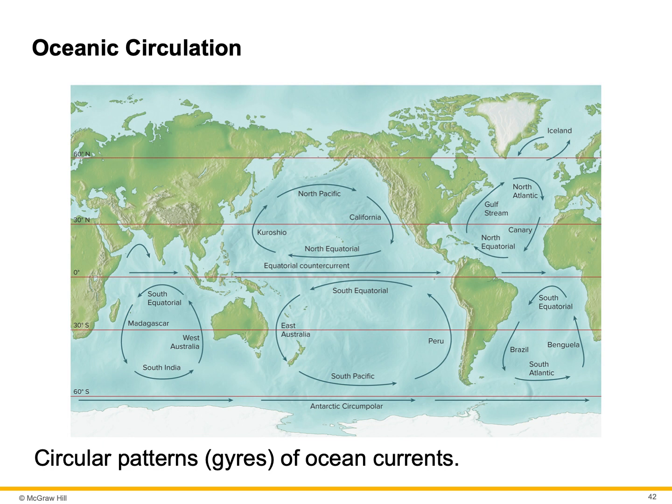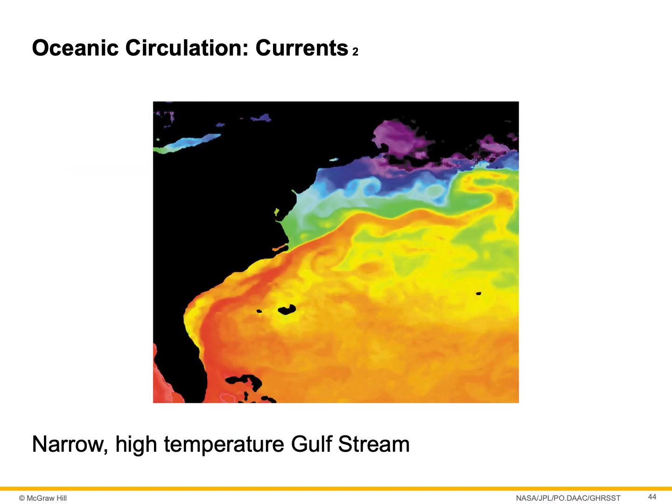The winds move the ocean water. There's friction between the wind and the surface water. Oceans follow prevailing wind direction, except where currents encounter a barrier, like a landmass. Only 10% of the world's ocean water is moving in surface currents.